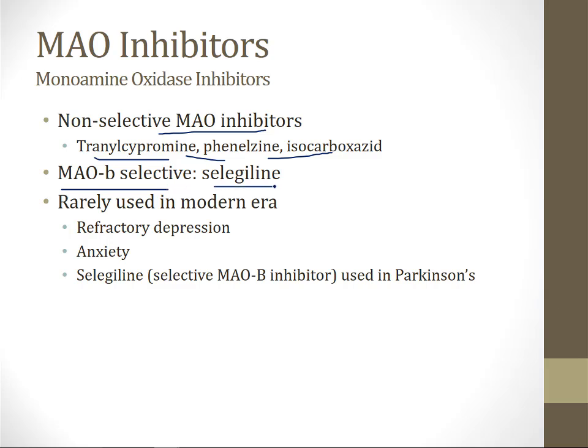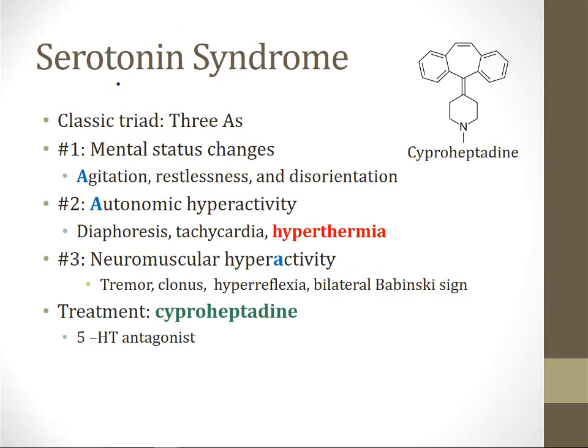called selegiline. So in the modern era, the only place you'll really see MAO inhibitors used are for refractory depression, sometimes for anxiety, and as I said before, selegiline is a selective MAO-B inhibitor used in Parkinson's. Years ago, when MAO inhibitors were used more routinely to treat depression, these drugs were a common cause of the serotonin syndrome. The serotonin syndrome is a clinical syndrome that occurs when patients have too much serotonin activity in the